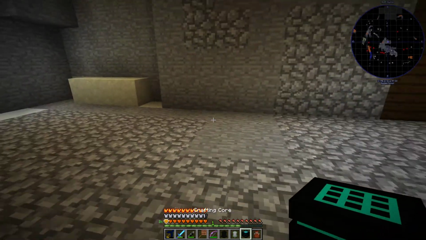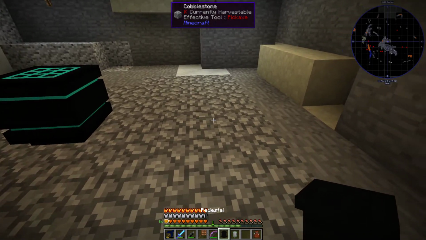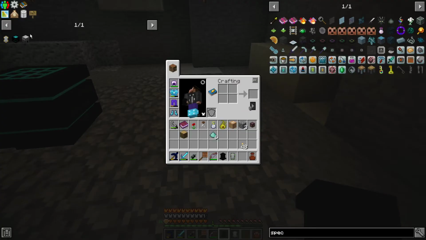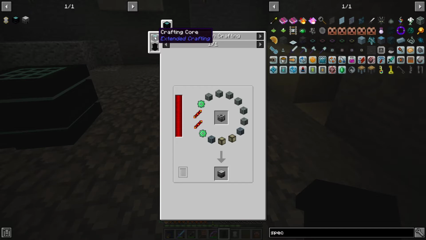I think we have to have our table in the middle, and then we have to put our pedestals all around it. Because if we take a peek at the crafting itself for this, as you can see, it needs to be all around it with a machine frame in the middle. I'm not super familiar with this combination crafting, I should say. So I'll have to do a little bit of research between this episode and the next one, but from my understanding, I'm guessing this is how it's going to be. Which, if that is the case,